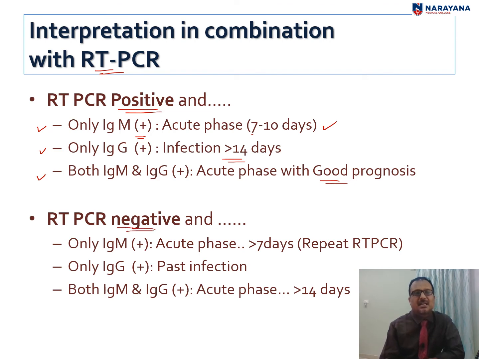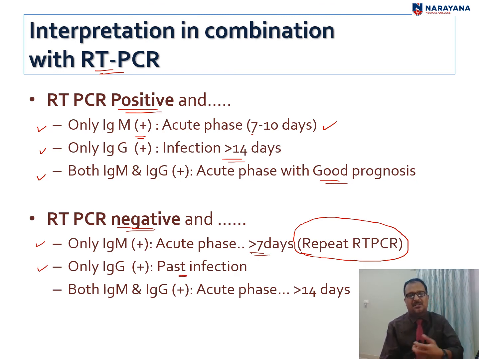If RT-PCR is negative and only IgM is positive, then it would be the acute phase, more than 7 days. In this case, you always have to go for repeat RT-PCR testing. Repeat RT-PCR testing is required now. And if only IgG is positive, that indicates past infection. RT-PCR is negative and only IgG is present, then that would be a past infection for which he already got